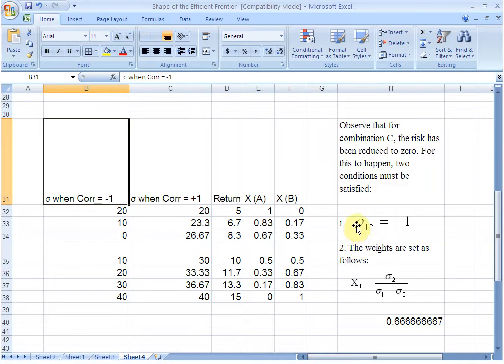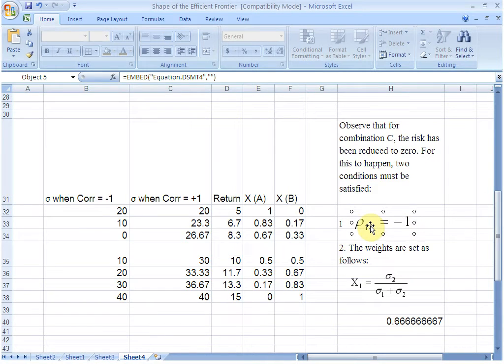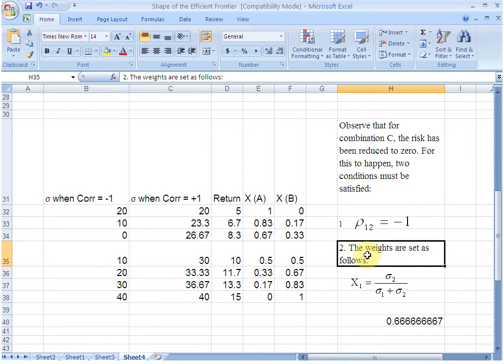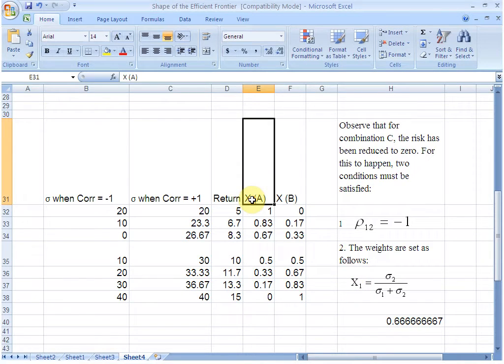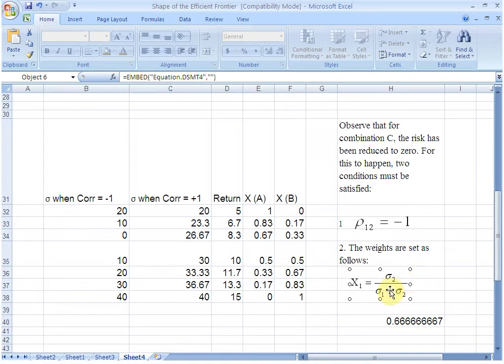This Greek letter rho measures the correlation coefficient between the two assets, and when it is -1, it is possible to totally eliminate your risk. The second condition that we need to satisfy to completely reduce our risk to 0 is to select our weights carefully. What we need to do is that the amount of money that should go to the first asset, this x1 here represents the money that should go to the first asset, and the first asset in our case is asset A. So the amount of money that should go to asset A should be equal to this fraction,